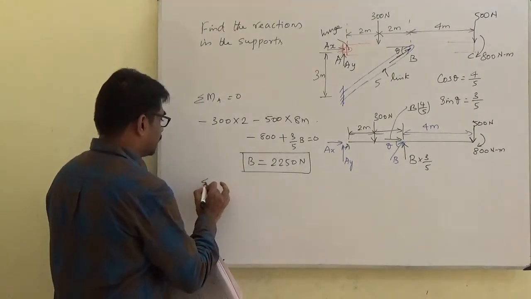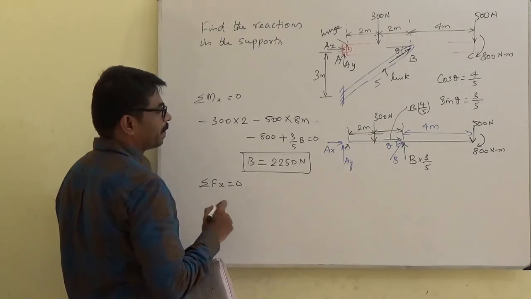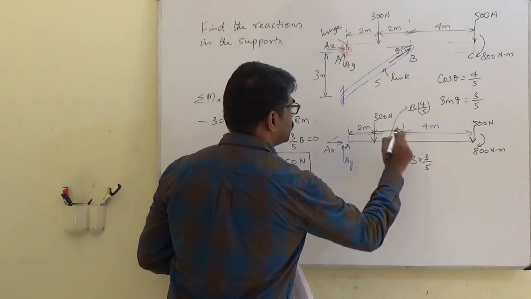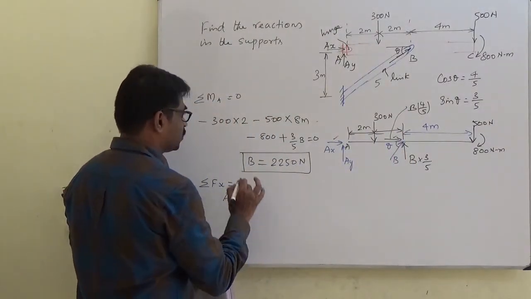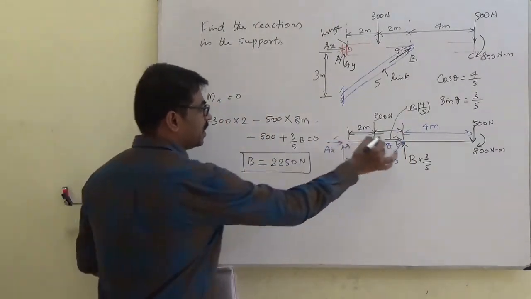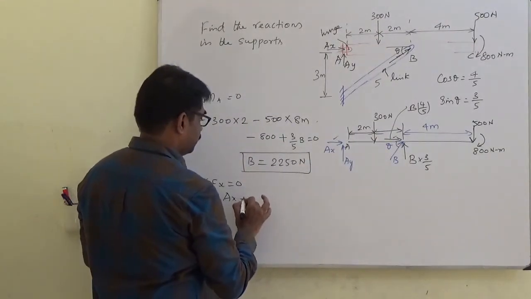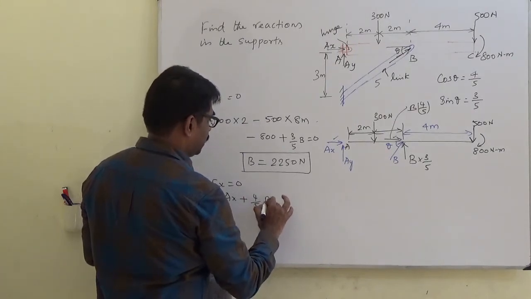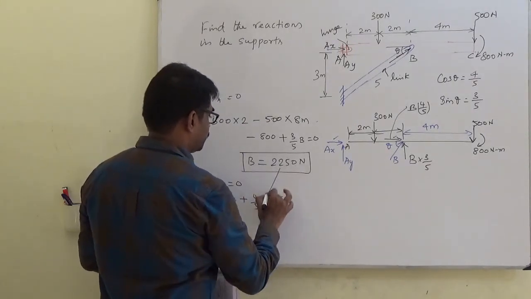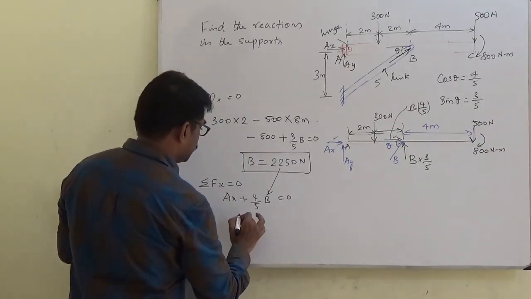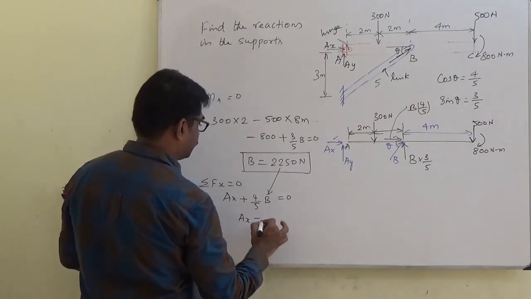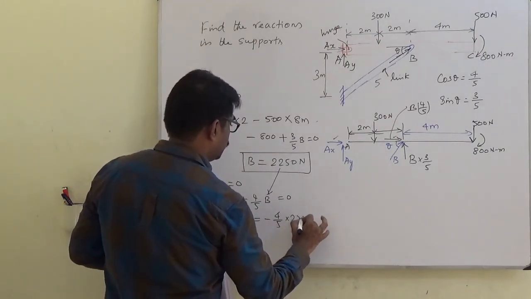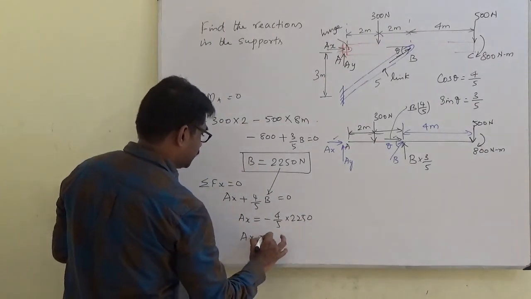Let us now find out these two. For that I am using summation of Fx equal to 0. I am adding all the horizontal forces. There are two horizontal forces, 1, 2. So Ax, I am assuming this direction is positive, and 4 by 5 B equal to 0. So B is 2250. So Ax is minus 4 by 5 into 2250. So Ax is